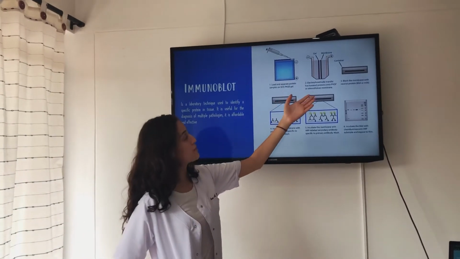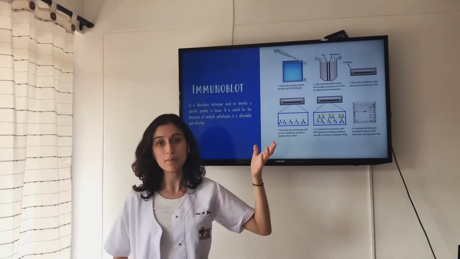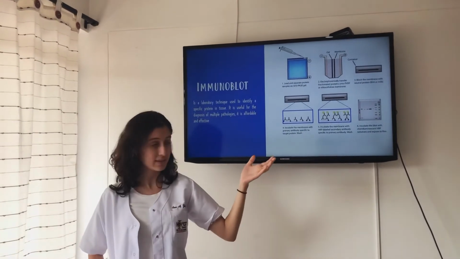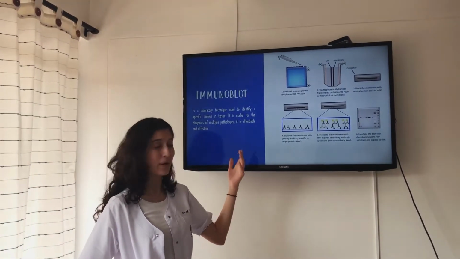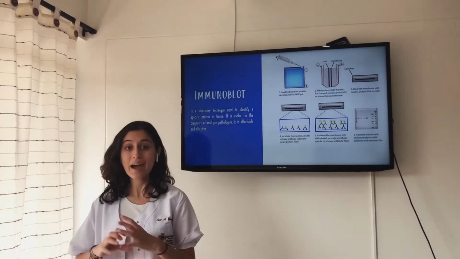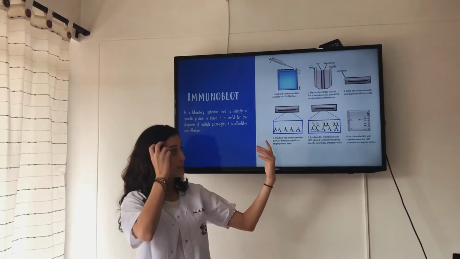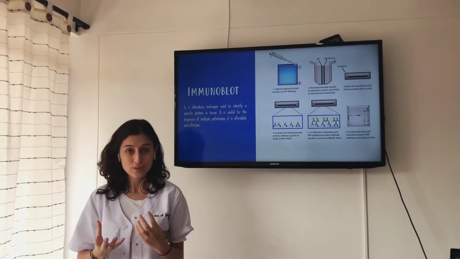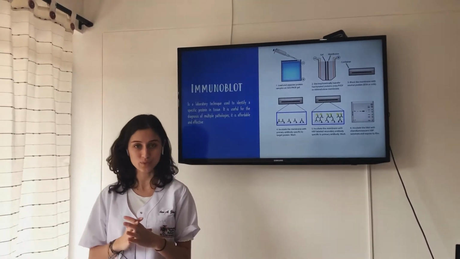In second place, we put these proteins in a nitrocellulose membrane, and then we incubate with antibodies directed specifically to the antigens present in the protein. They're going to be incubated, and there's going to be a reaction between the antibody and the antigen, and we're going to identify them by some techniques, and we're going to see the protein which the antibody was directed to.